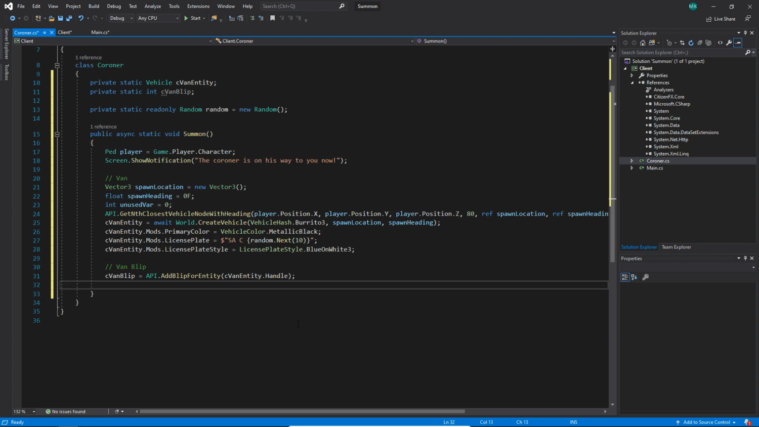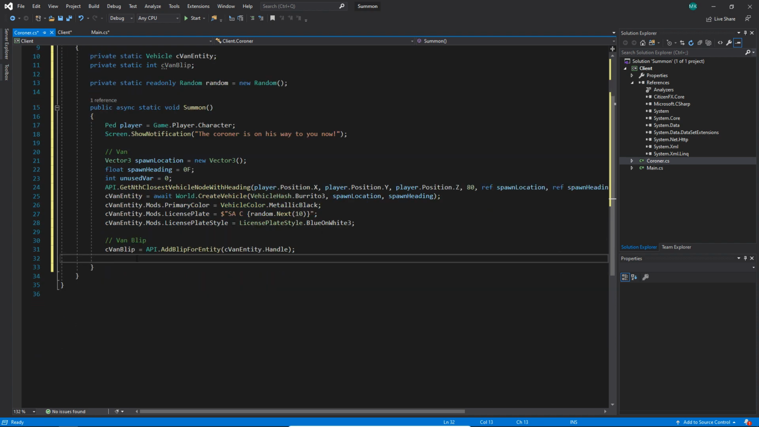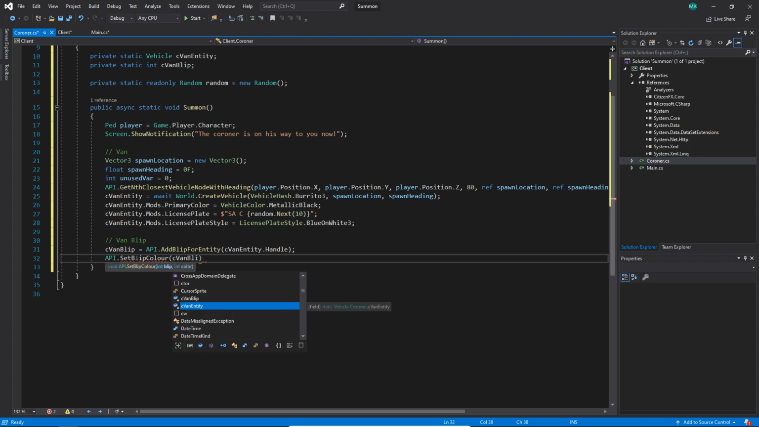So anyways, now that we have the blip created, if you just left it like this, it would be a red blip and it would say enemy. The coroner is not really our enemy, so there's some extra configuration for the blip that we'll need to do. So one of the ones we'll want to do is maybe color the blip differently. So we can set blip color, and make sure you do the British spelling for color. And then it wants the blip, so we'll call cvan blip, which is our stored variable for it, and then